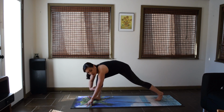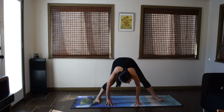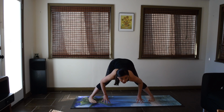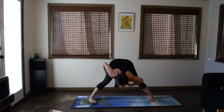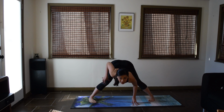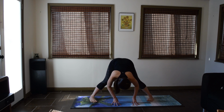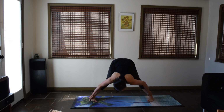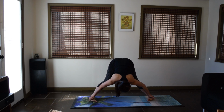From your lunge, turn to face the left side of your mat, the long edge of your mat. And turn your toes in, turn the heels out. If it's too much on the hamstrings, keep your knees even more bent, okay? Find a grip that works for you. You can grab your legs, your ankles, or if you can, slide your fingers under the outside edges of the